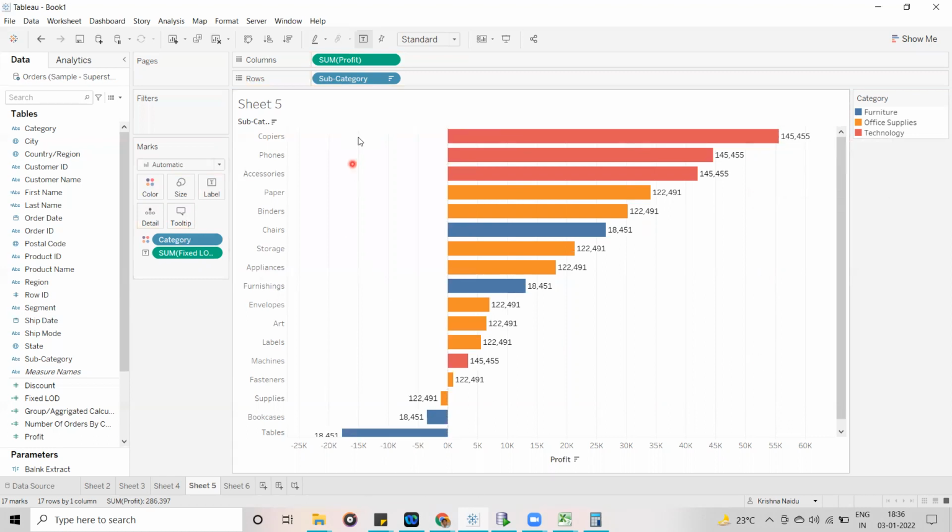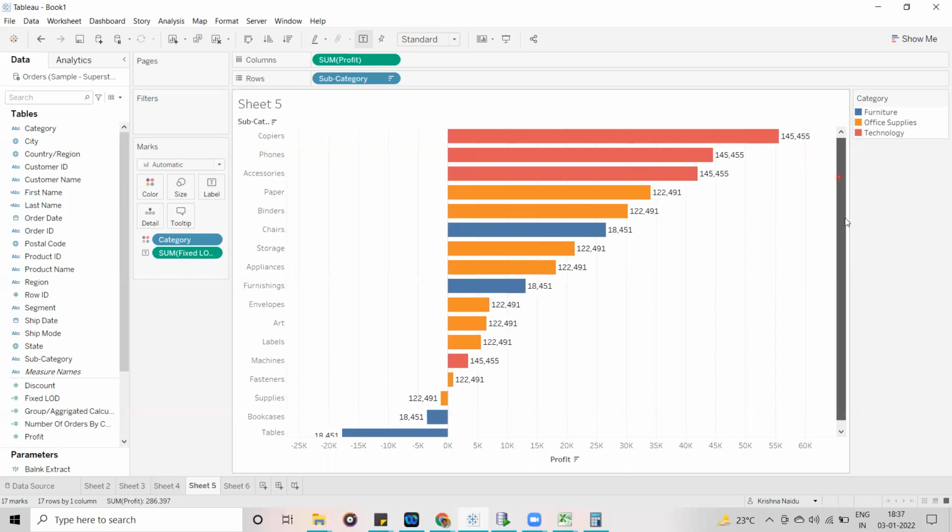Have we changed any format, or the aggregation of this visualization? Are we changing the granularity of the visualization? We are not changing anything, yet the values we are displaying here are different, correct?